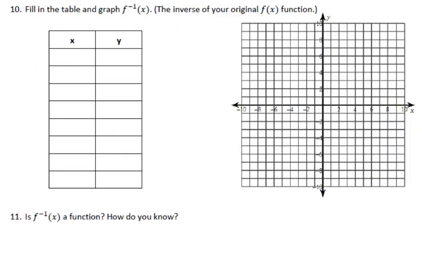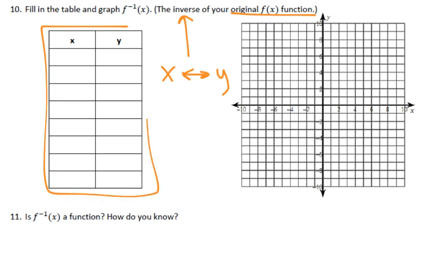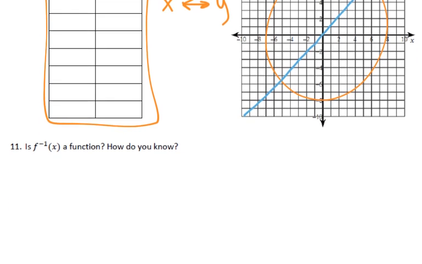Then finally what you're going to do is take your original function and create its inverse. Remember, the inverses are just swapping the x and the y values. So write a table, draw a graph. Remember on the graph it's reflecting it over that y equals x line. Then the final thing you're going to do is